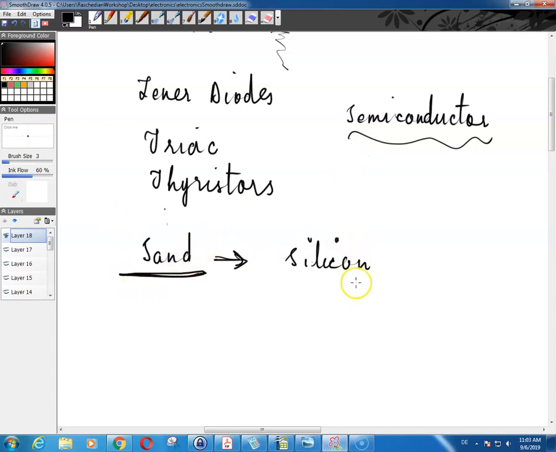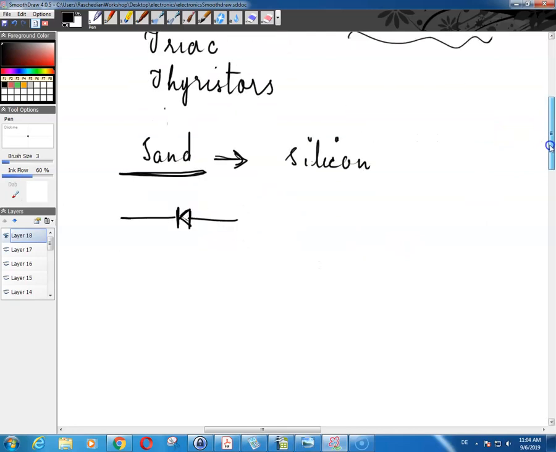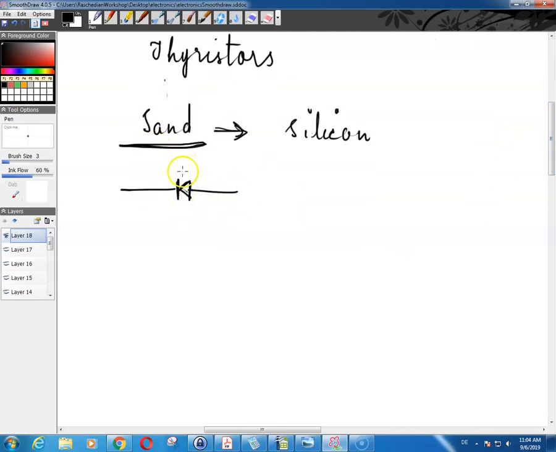And so then we have silicon, and out of silicon there is some process by which we can make semiconductors. Now, in the case of a diode, the diode would be something like this. So you have a semiconductor over here. With a semiconductor, or a transistor, or anything else for that matter, you can control the flow of electric current, meaning that under certain circumstances it does not allow